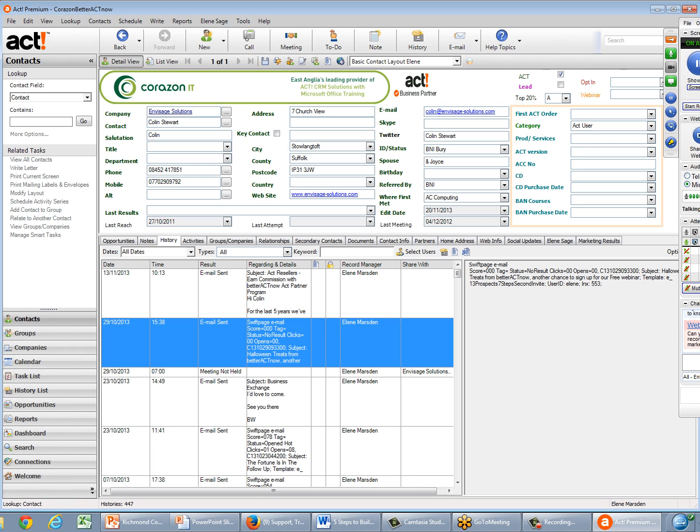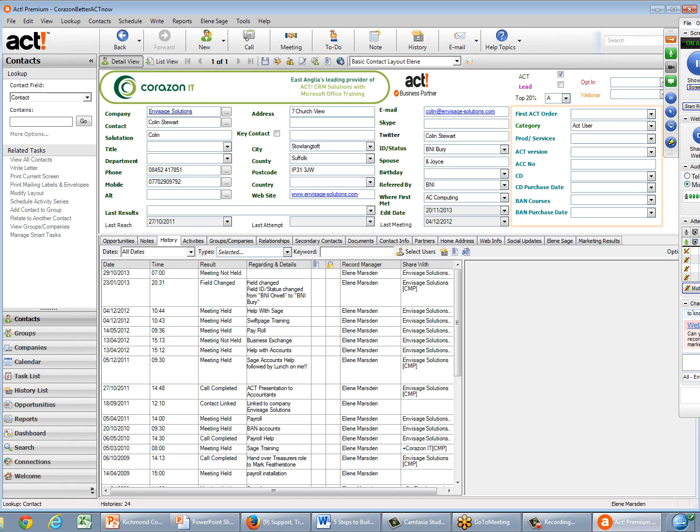But obviously you can filter them if you don't want to see them. You can choose what things you show in history. So if you don't particularly want to see that, you should be able to just remove those from view, so you've just got the business history showing. So that is a workaround, really.